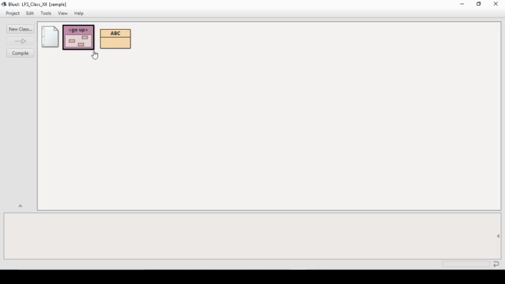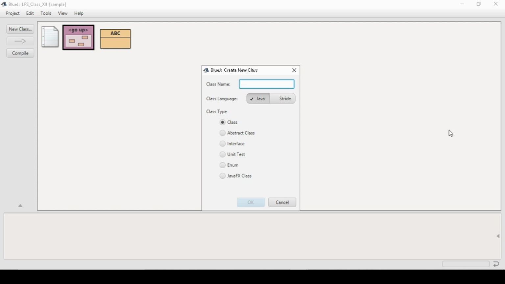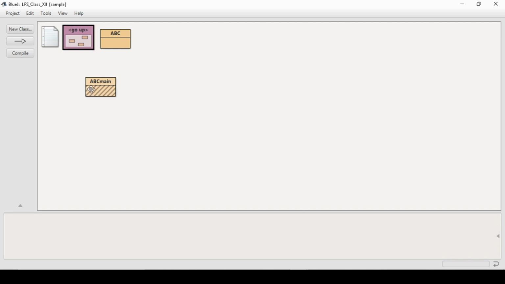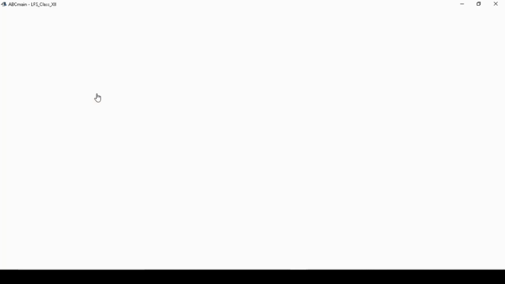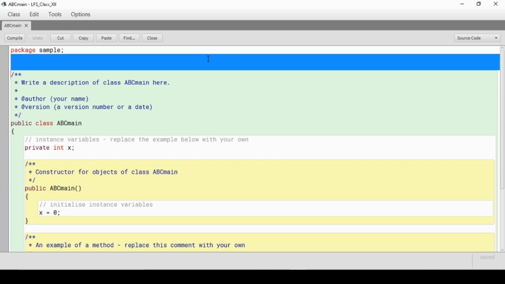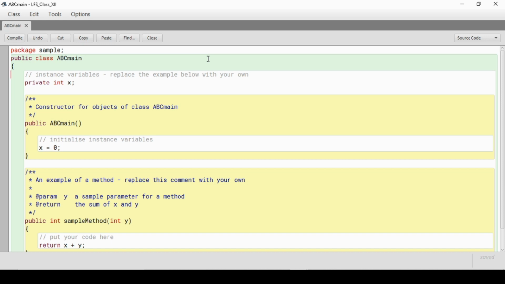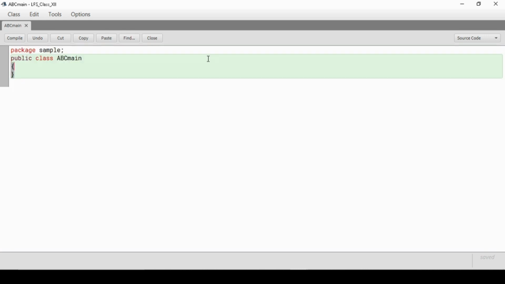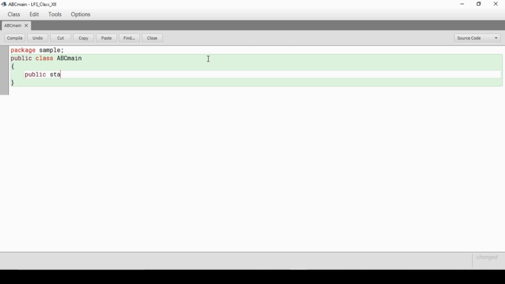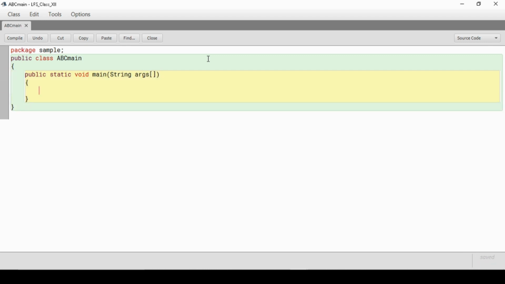To test that, I am creating a new class over here, and there I will create the main method. So inside this main I will create an object of ABC and try to access the data member there. So I will create the main method, and here in the main method I will create an object of the ABC class, and then I will try to access the data member.